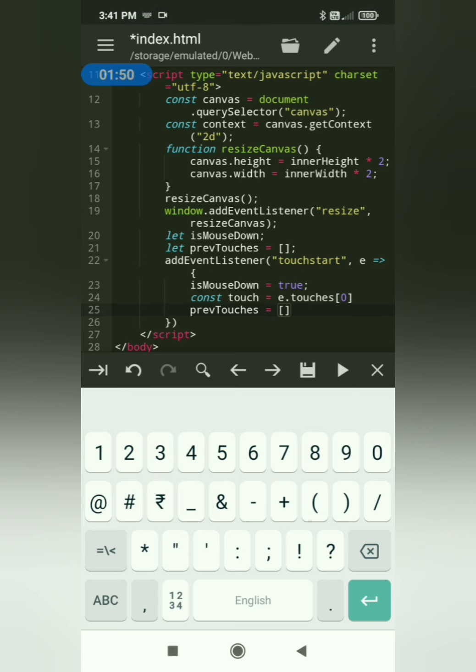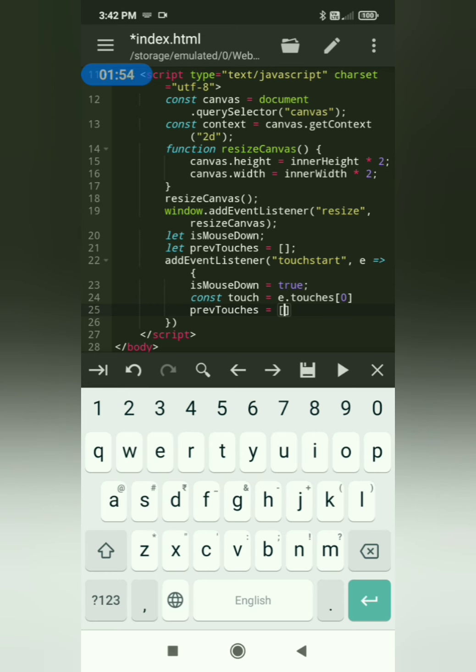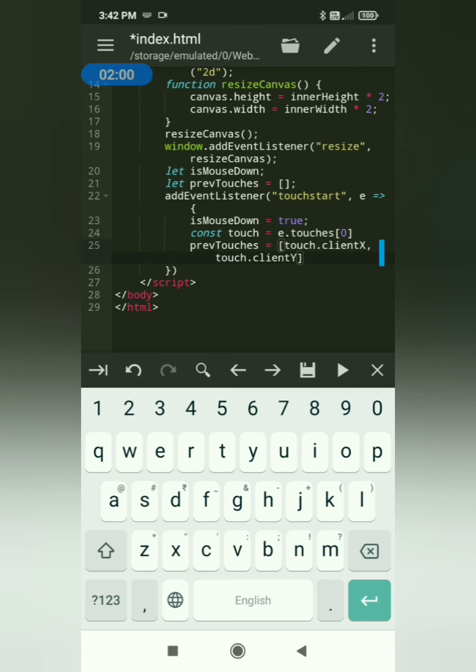And so we are going to get the first touch only, and inside that there will be two properties, clientX and clientY, from which we can get the x and y coordinate of the touch. So you can see I have taken the touch variable and stored the properties clientX and clientY inside the prev touches array.